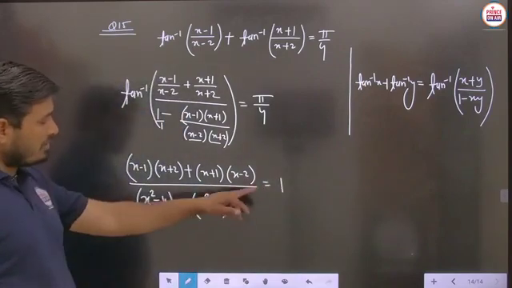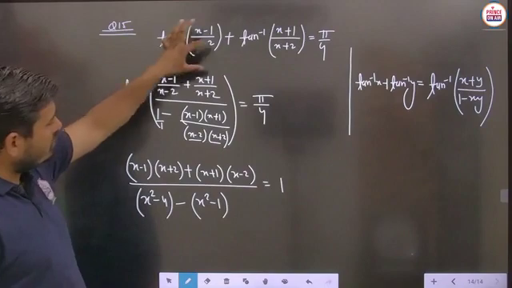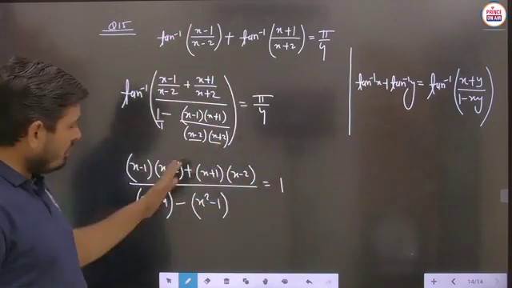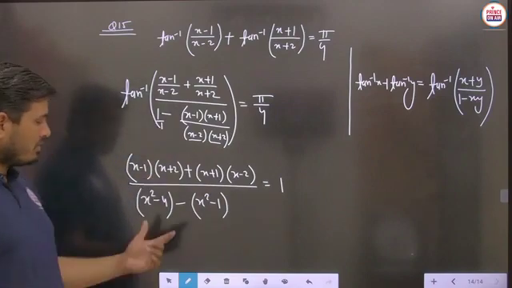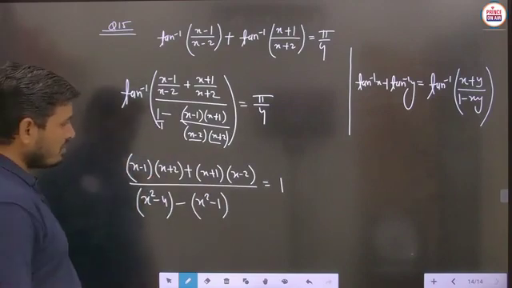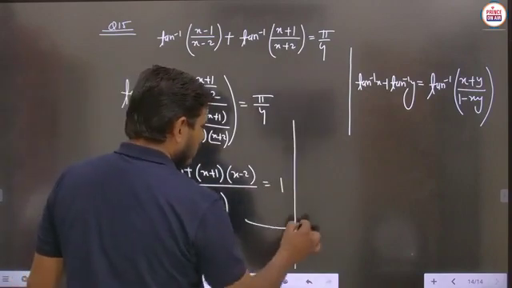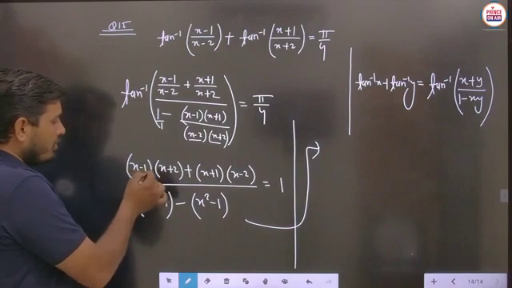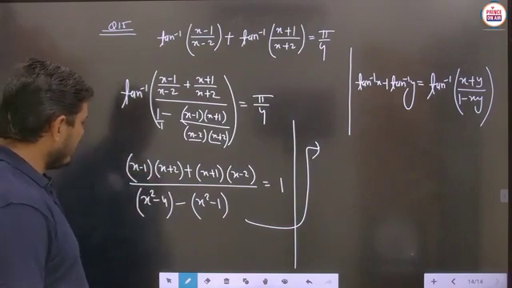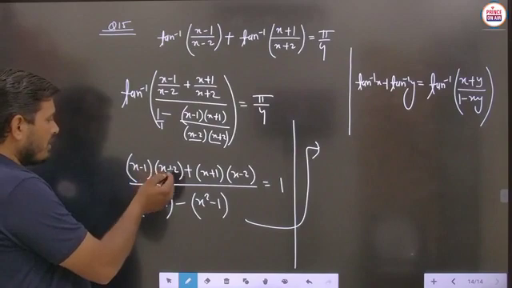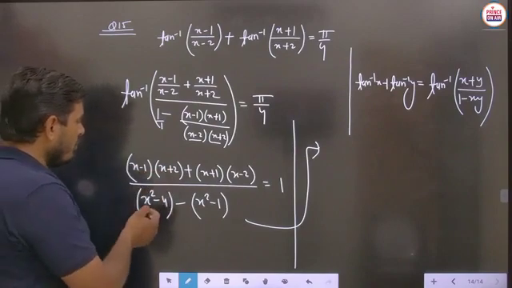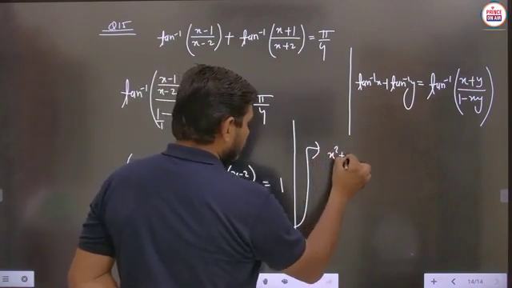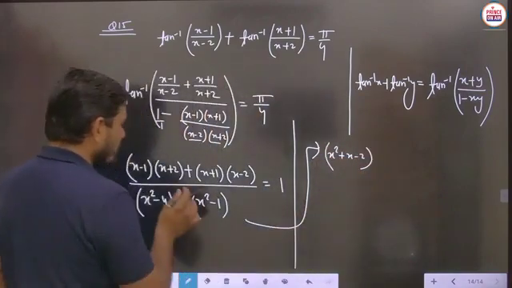How is this part 1? Because this tan inverse goes to this side, then it will become tan pi by 4, and tan pi by 4 has the value 1. So now the expression will become like this. We will multiply these parts. x minus 1 is multiplied here, so x square minus x plus 2x minus 2. So x square plus x minus 2 is the answer of this multiplication.